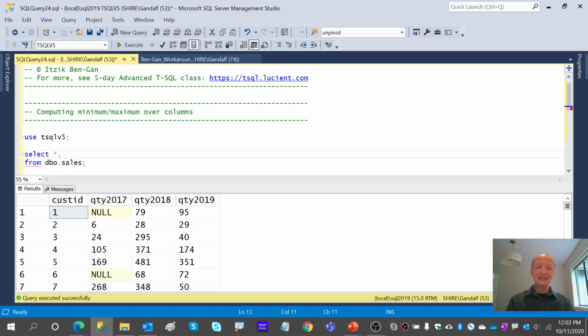So it should be as simple as saying greatest and then passing those columns in question, quantity 2018 and then quantity 2019, or 2020, and then producing our max QTY, and similarly a function called least that would produce the minimum of those, right?